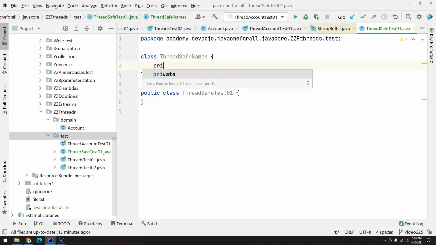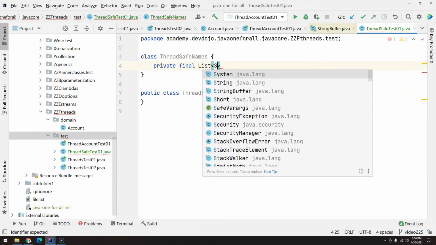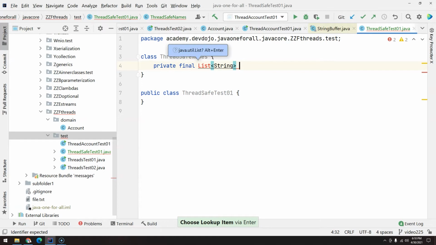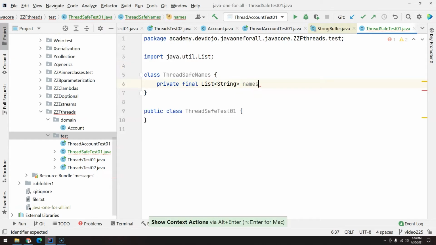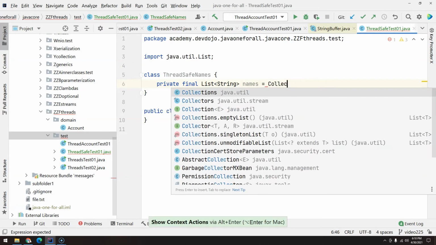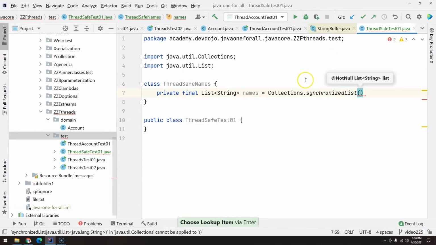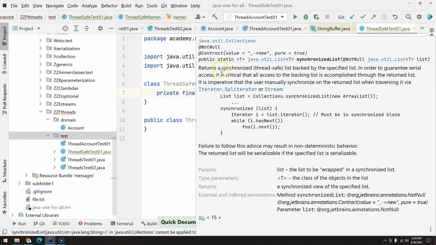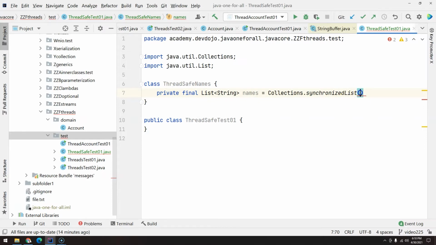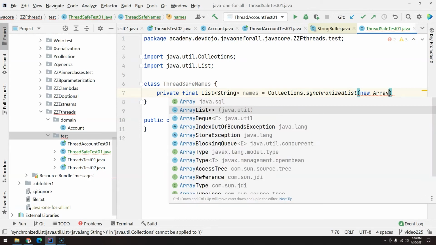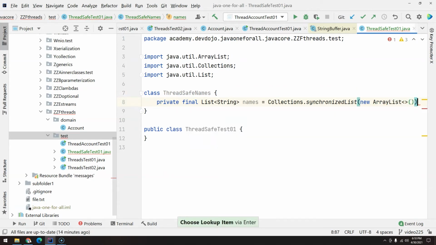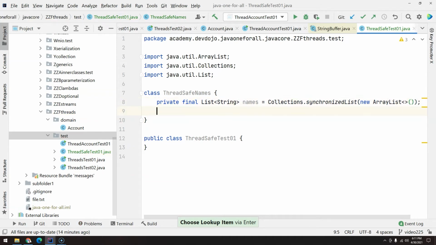So basically this class will have one attribute that will be a list of String, and I will call this names. And I'm going to create here Collections.synchronizedList. So basically this is going to return a synchronized thread safe list backed by the specified list. And I will give here new ArrayList. Okay, so thread safe list.